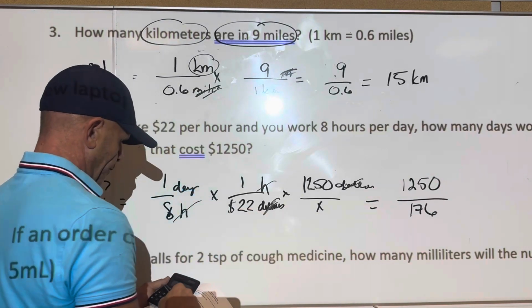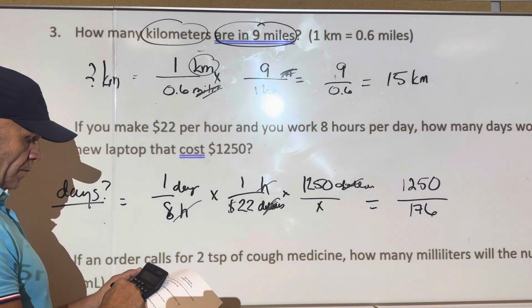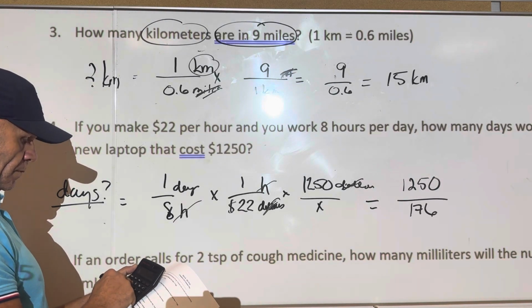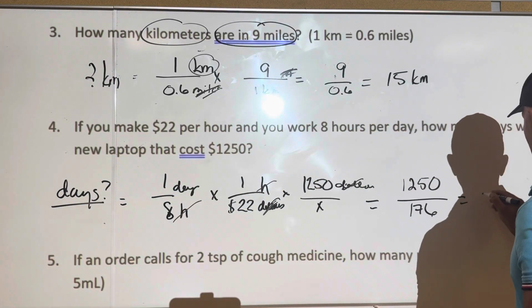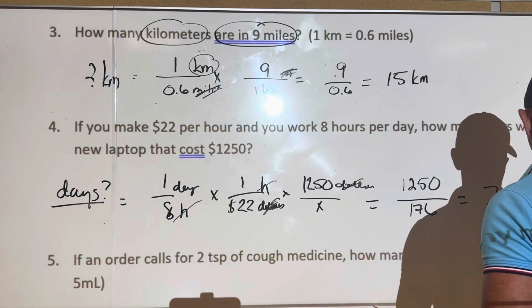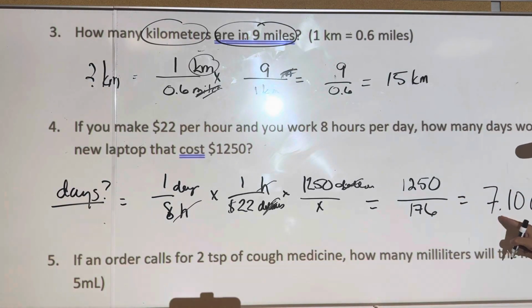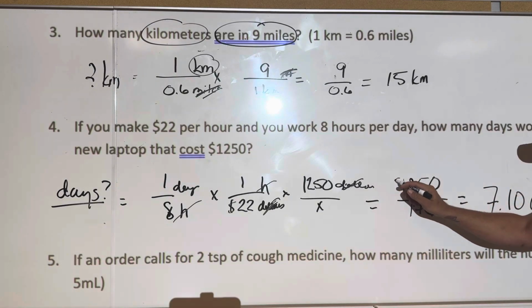Right here. That gives you 7.10 days. That's how many days it's going to take you to make up enough money to buy your $1,250